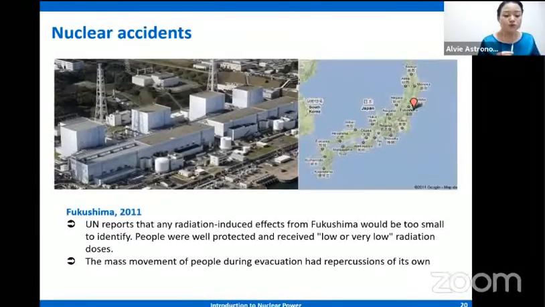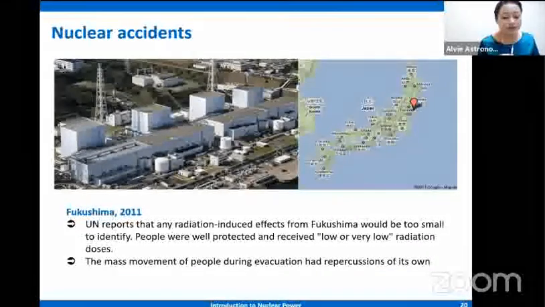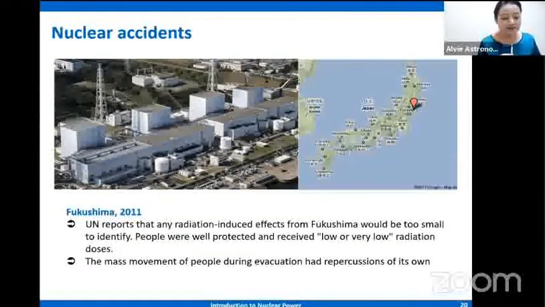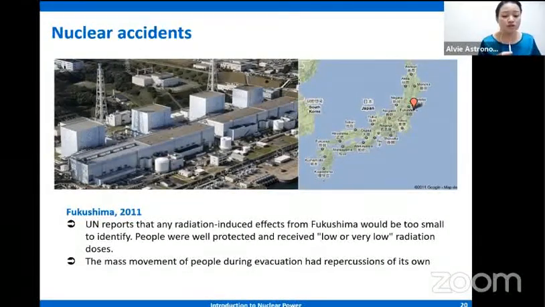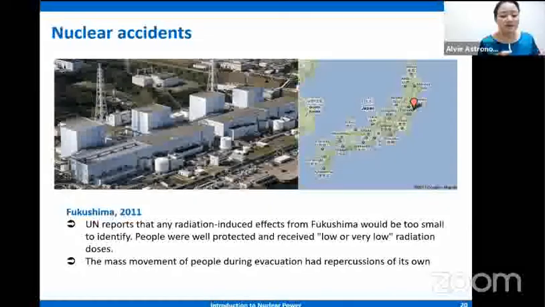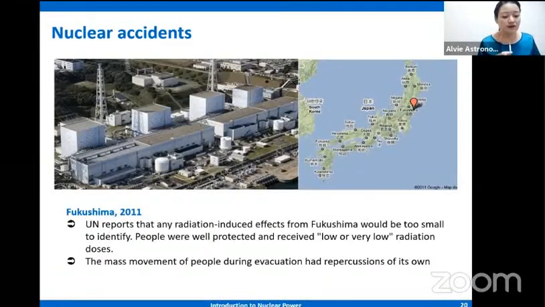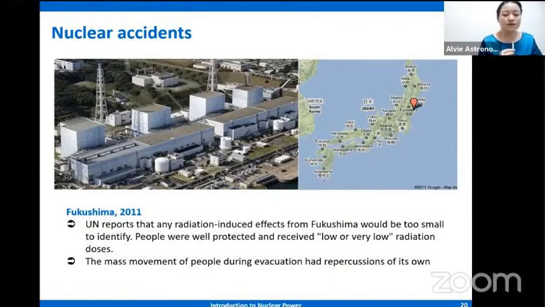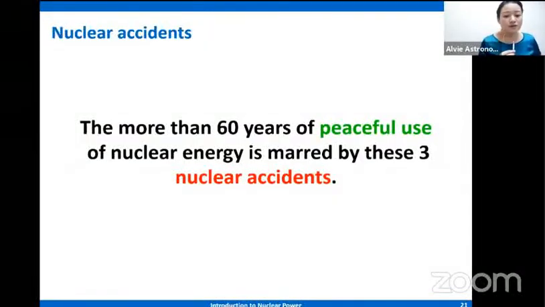And most recent is the Fukushima accident, which occurred in 2011. The UN reports that any radiation-induced effect from Fukushima would be too small to identify. People were well protected and received low or very low radiation. In fact, the mass movement of people during evacuation had repercussions of its own. What I would like to share about these 3 accidents is that the nuclear field has